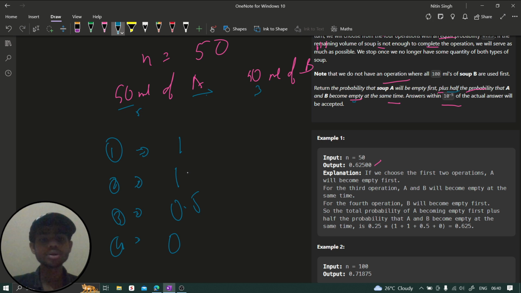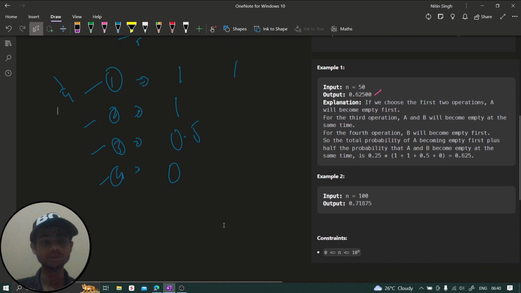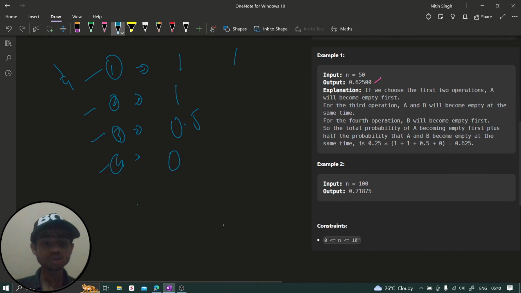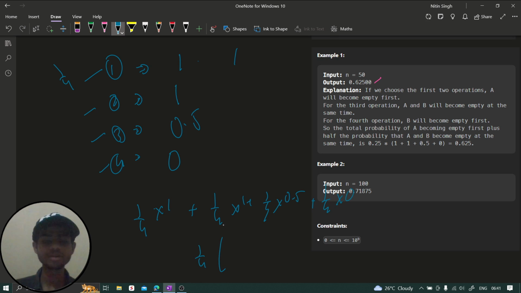So now, if these are the operations, what I'm going to say is that I have to multiply it by 1 by 4. Why? Because for getting each operation we have 1 by 4 probability, right? So let me show you here. For this operation, 1 by 4 into 1 plus 1 by 4 into 1 plus 1 by 4 into 0.5 plus 1 by 4 into 0. If I take 1 by 4 in common, then I will get 1 plus 1 plus 0.5 plus 0,